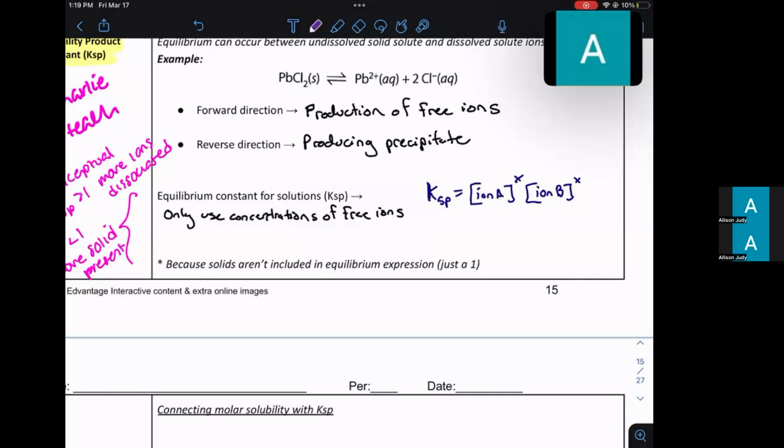We're going to ignore the solid. Its concentration does not matter, and we just use the products, which are our ions in the solution. So it will be